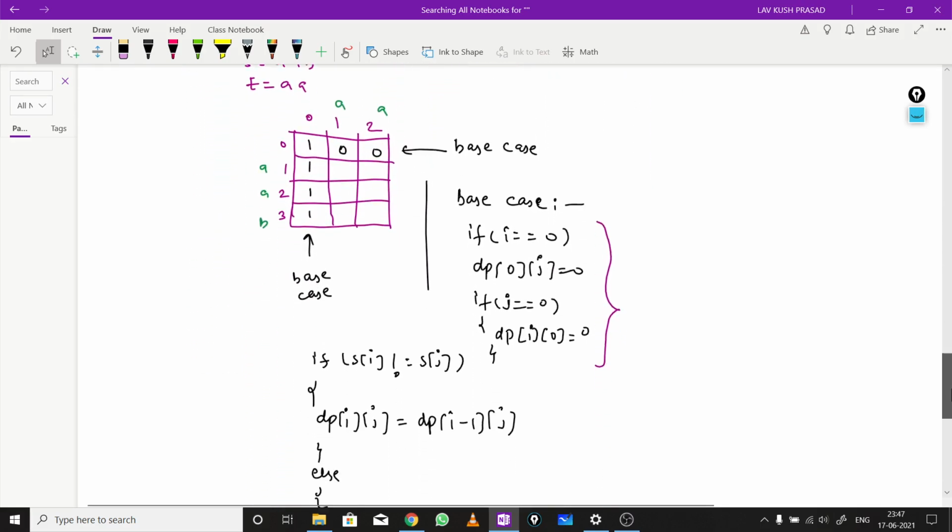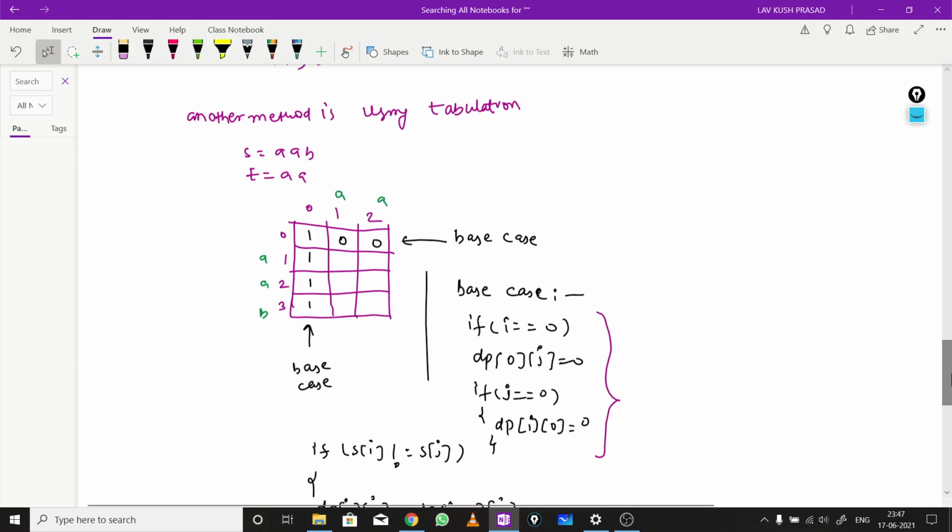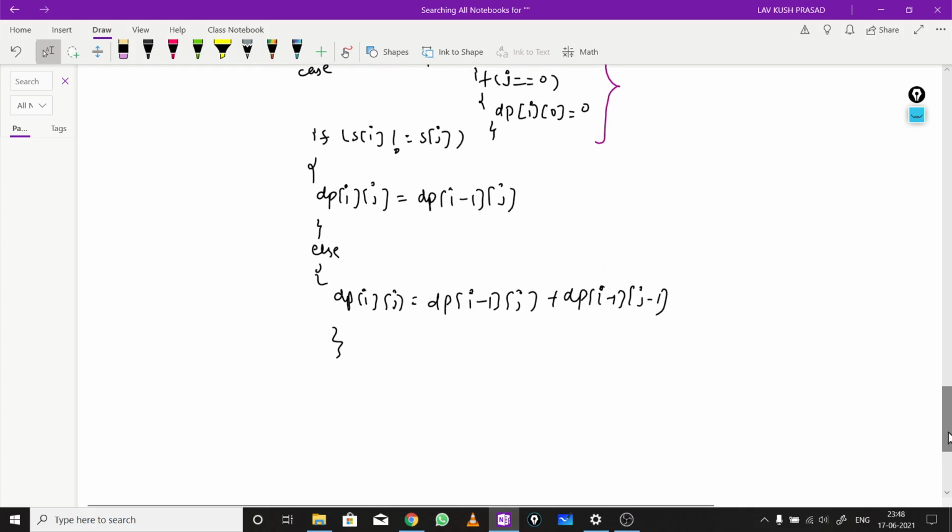Okay, so finally we jump to another method, the tabulation form. And we know that in tabulation form, we use it when we know the base cases very well, so at that time base cases are important. Okay, so how can we decide what the base cases are? Let's discuss, because we know the recursive call, and in this problem the recursion call is the same.